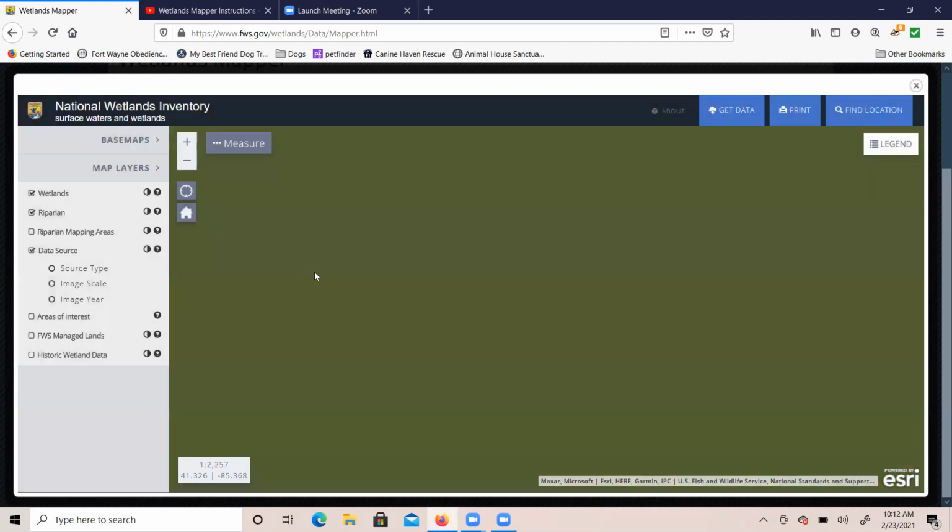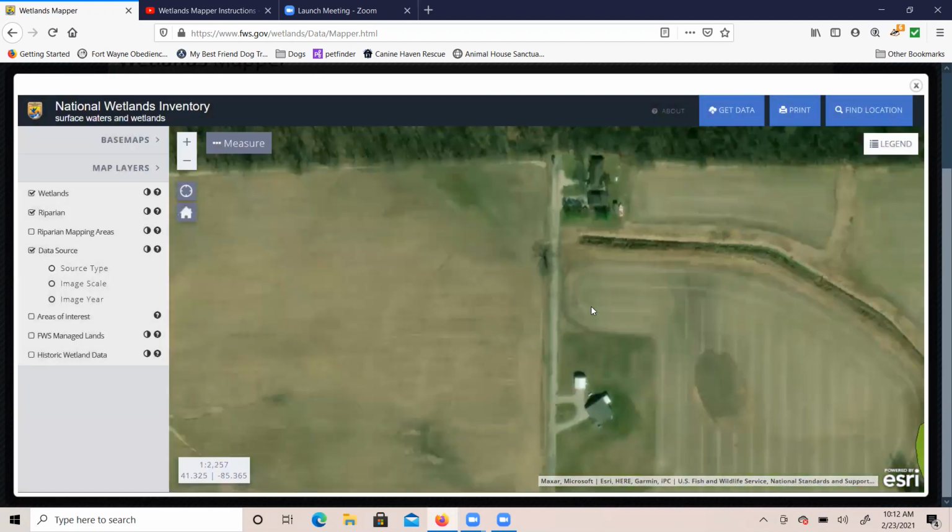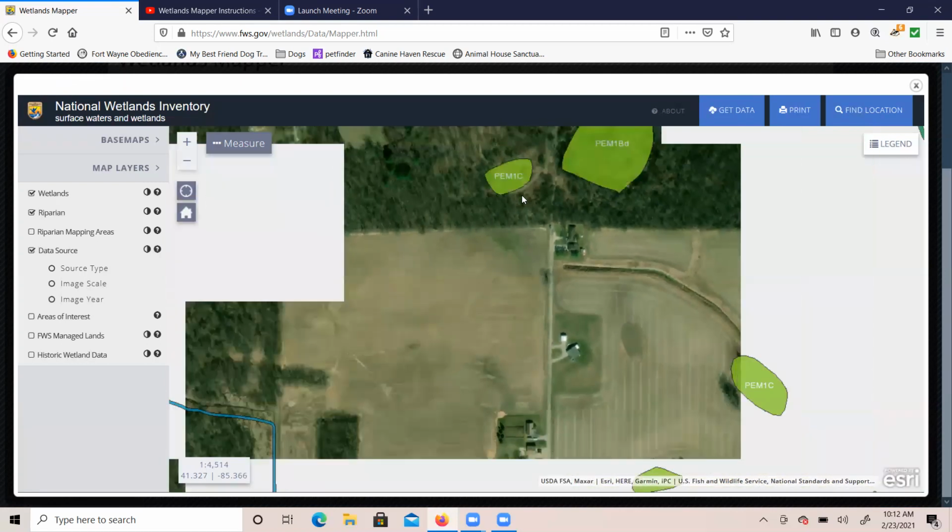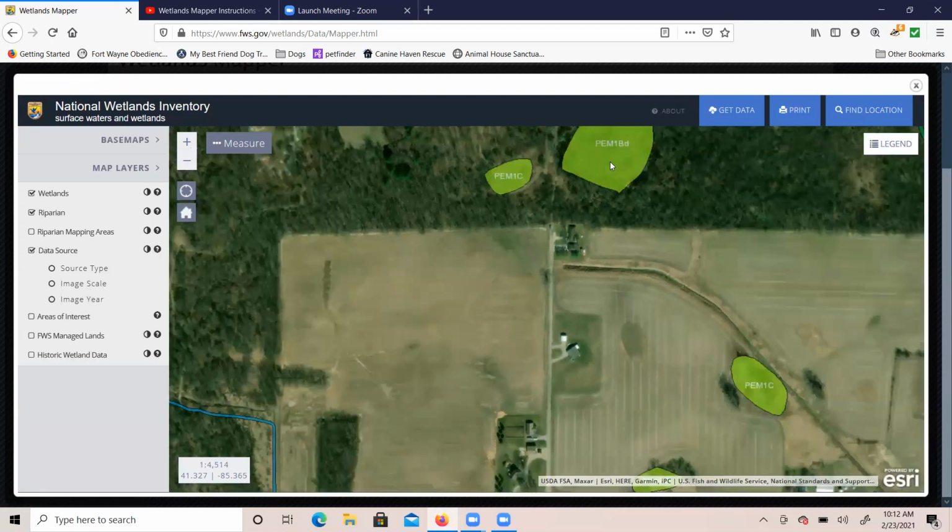And hit go. And the map will zoom right to the site and gives you a nice close-in view. Now, the potential wetland area we're interested in is situated just to the north of the address. And in Wetlands Mapper, when we zoom out a little bit, there it is right here. And it's identified as this lime green polygon with the label of